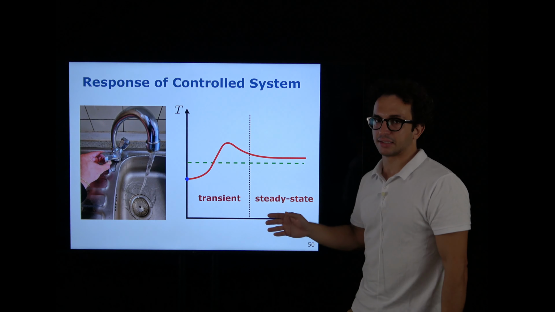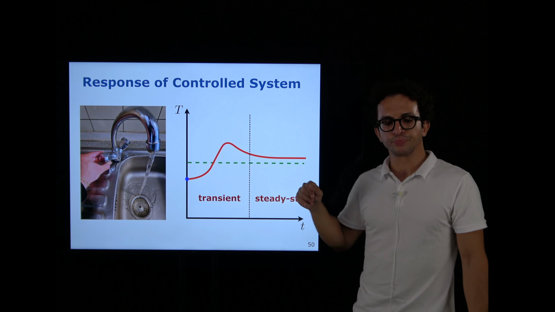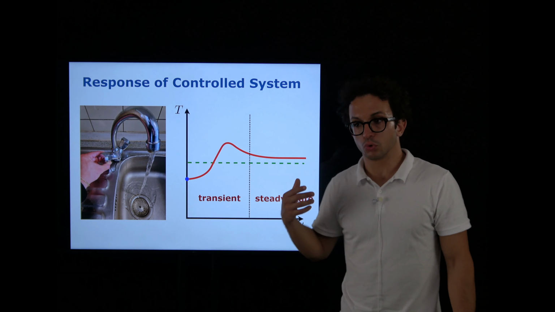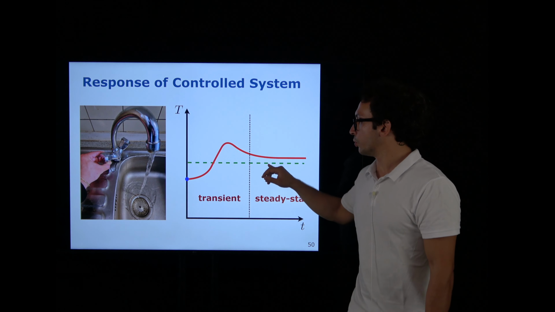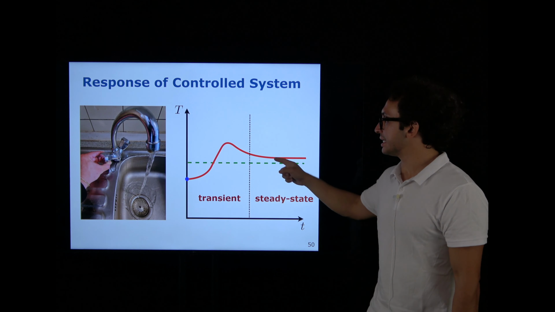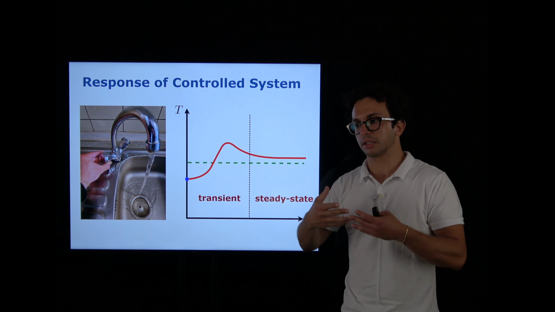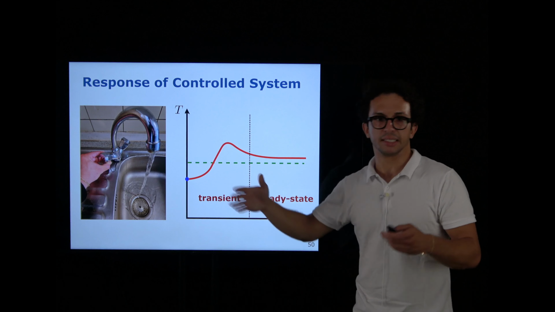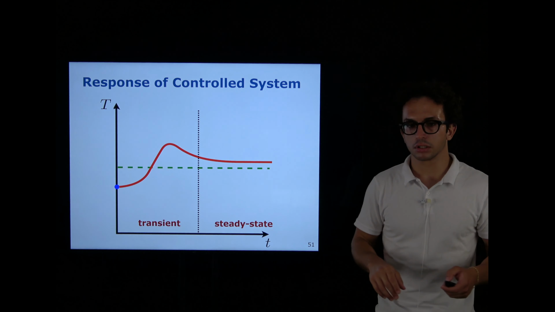And then there's the steady state. The steady state happens when we are fairly close to the reference that we've given, and we're getting there. Maybe we're not exactly there yet. We're very close, but the steady state is something that is long and it goes on basically until the end of the evolution. So let's zoom in a bit on this